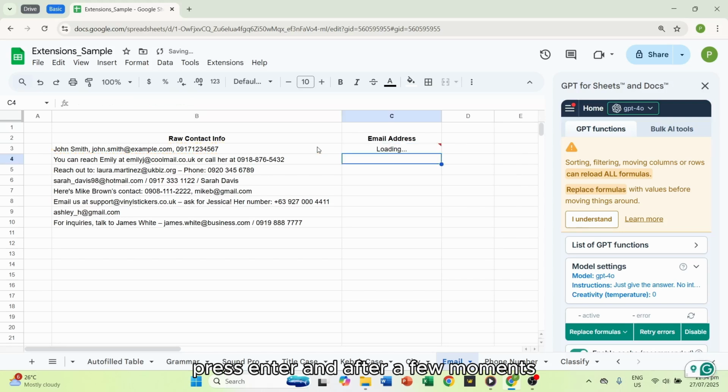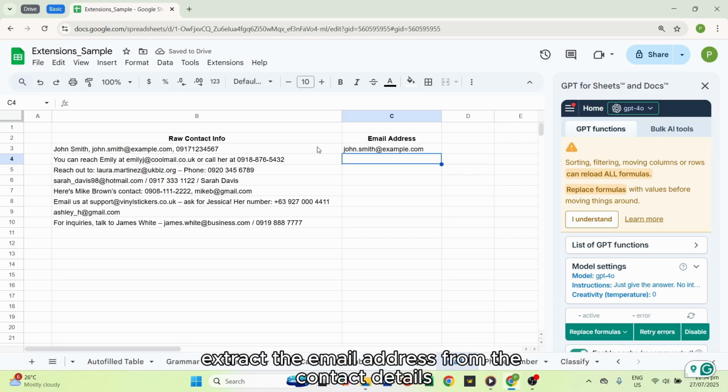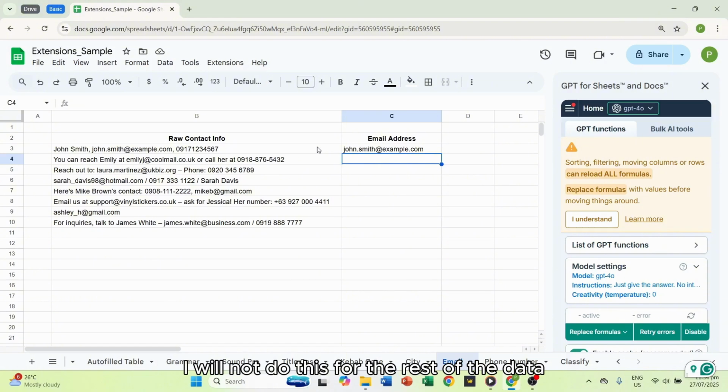Press Enter and after a few moments, the extension will automatically extract the email address from the contact details. I will not do this for the rest of the data because it takes up some loading time, but if